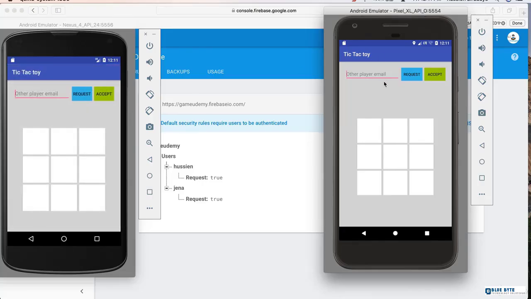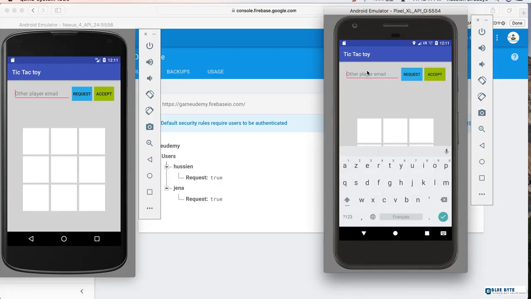Here we go, just starting without anything. So now I want to send Hussein a request. I have to make sure I'm writing Hussein, make sure I write a complete email. What's the email for him? Let me say gmail.com, whatever. So send a request. Hussein gets a request and he will remove it and he says, hey, I got a request from Jana. See, he directly sees the things. So now when he accepts,